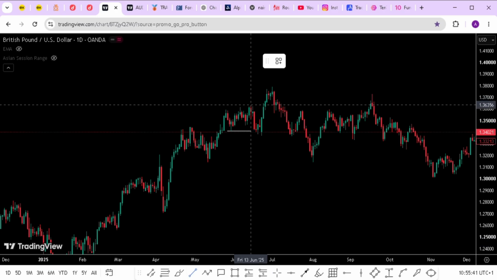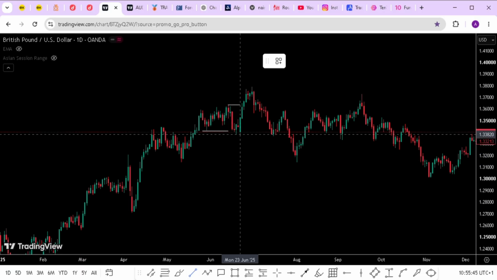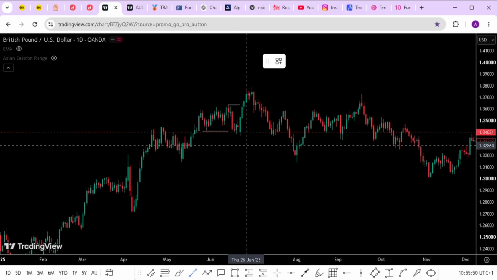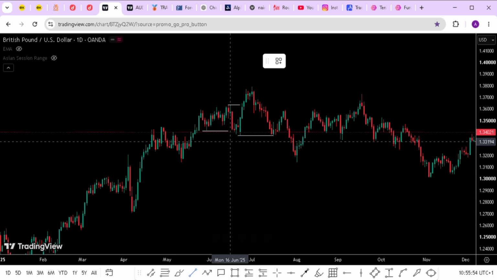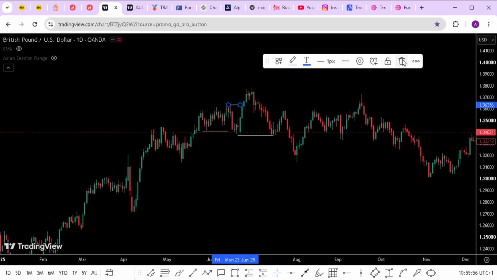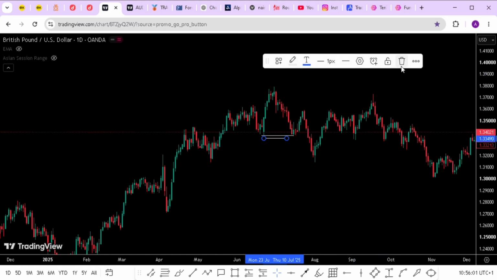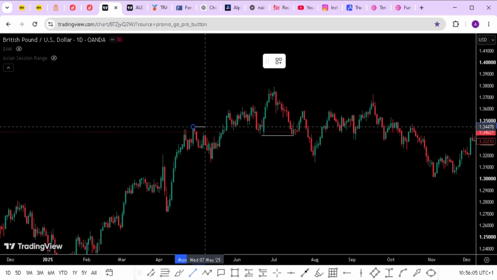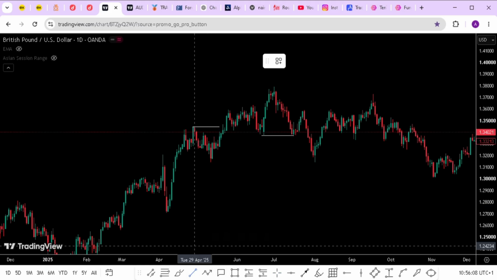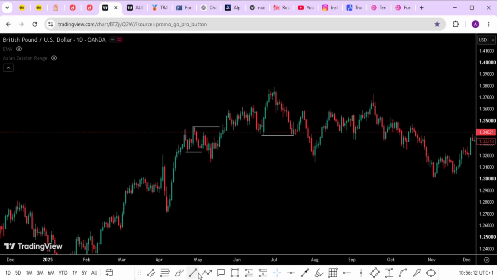The market broke above here. We had a break of structure here, and this level, so the market does not have inducement, which means that this level will serve as inducement, and then this break of structure is not going to be valid anymore. So this inducement will be transferred to this level. So we have to look for the structure that the market created before this one, which is this. This is the break of structure, then this is the inducement, then you can see this is the low that